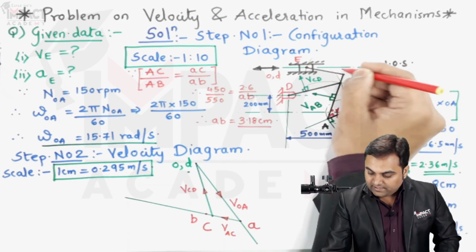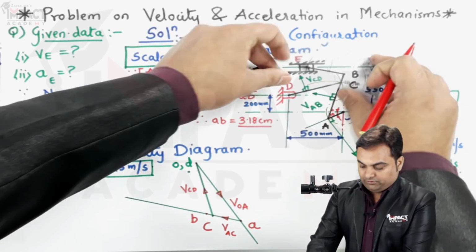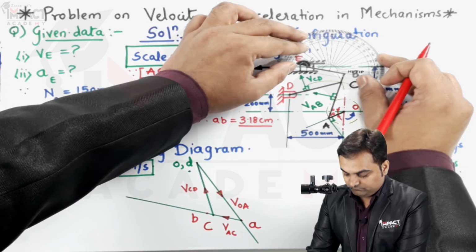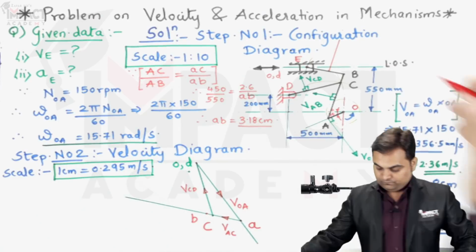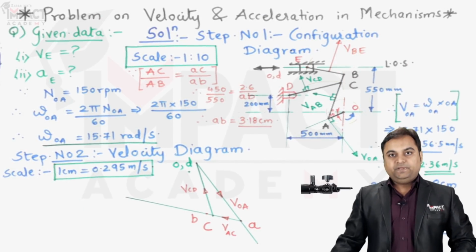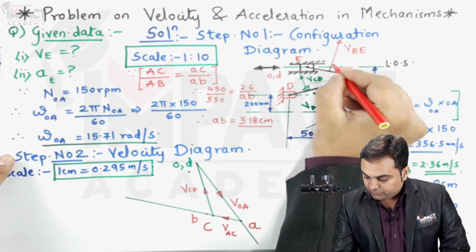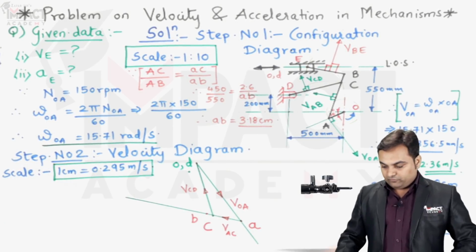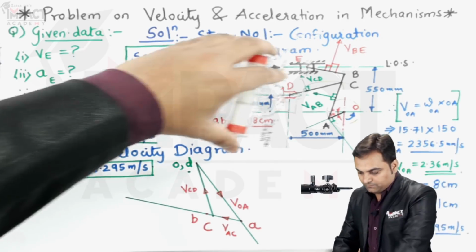On BE link I am taking any point, perpendicular to that point on the link. This would represent the velocity of link BE. So here the velocity vector for link BE is perpendicular to the link, and here we have point B. So drawing a line which is parallel to this velocity vector,